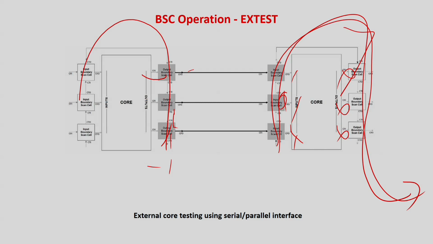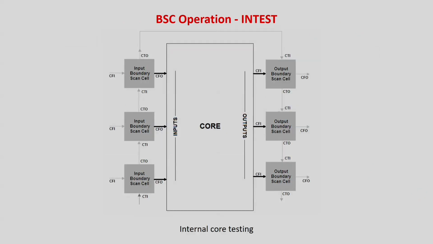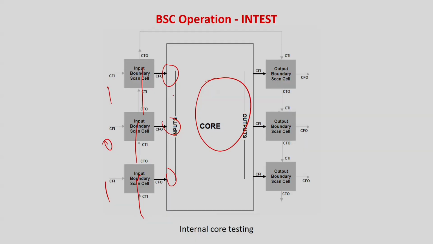EXTEST is for testing the external pins. There is something called INTEST. INTEST means you have to test the core functionality. In this case you scan in the required values, scan in the required values, and again scan in the required values. Then maybe 1 0 1 is to be applied for such testing of a fault. Now who is giving you the test pattern? A very important point to note: I have purchased this core, I have no idea what is inside. The test vendor or whoever has manufactured the core will tell me that these are the patterns to be applied, then your INTEST is done.